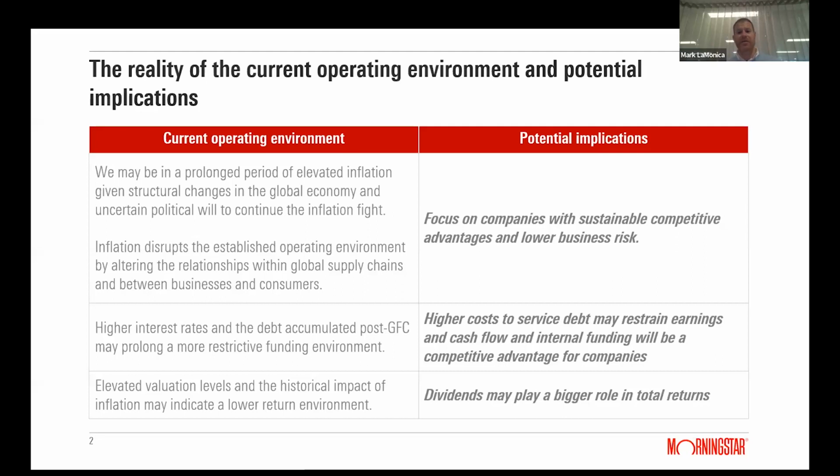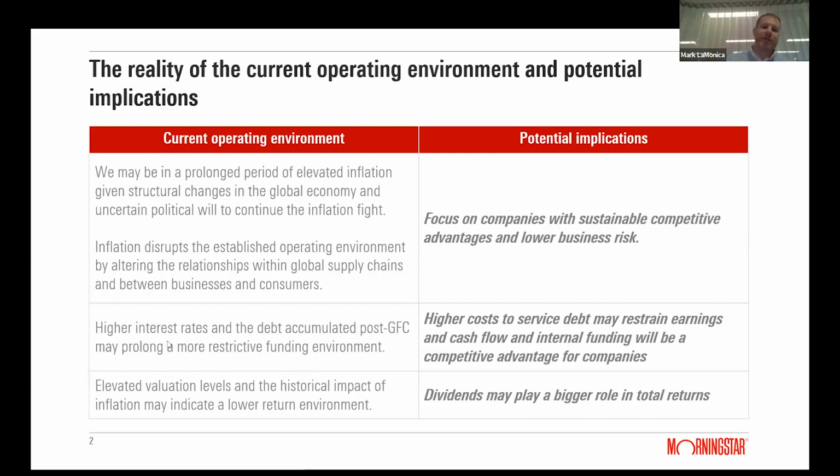The other thing we can talk about is uncertainty or business risk. And really what we're looking at is the risk to the future cash flows that a company generates. So some companies have very high business risk. Some companies have lower business risk, and that's reflective of the levels of debt they may have, the industry they operate in, the power that they have over pricing. And that power is both their ability to set prices and their ability to raise those prices without losing a significant amount of market share. So we'll talk a little bit about moats. And we'll talk about our uncertainty rating or the business risk or risk to those future cash flows.